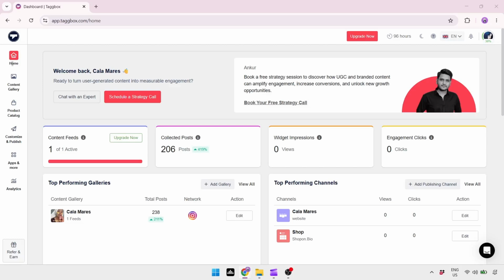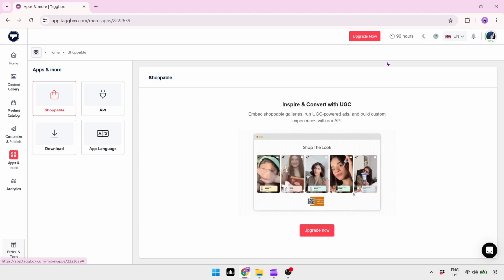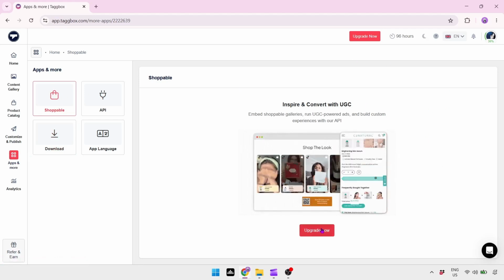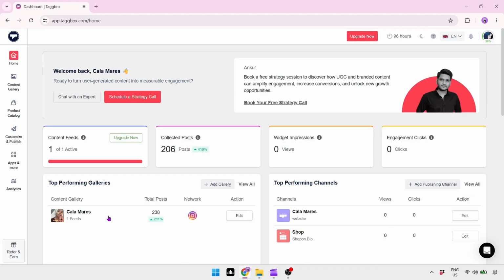In today's video, I'm going to show you how to make your social feed shoppable in Taggbox. Inside your dashboard, head over to Apps and More to access Shoppable. The Shoppable feature in Taggbox is used to turn social media content into clickable shopping experiences. Now, if you don't have access to the regular Shoppable feed feature, Shoppable.bio could be a great alternative for creating